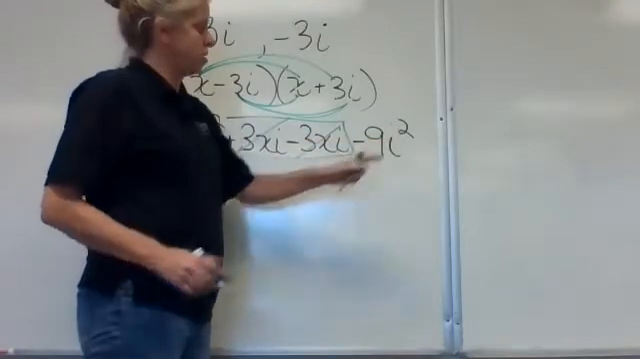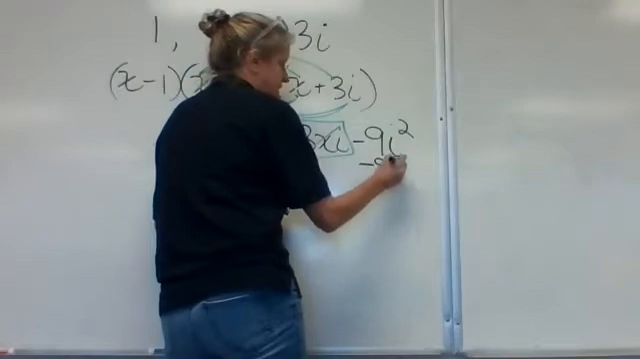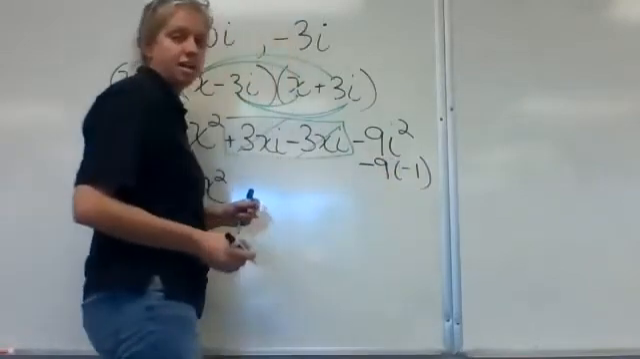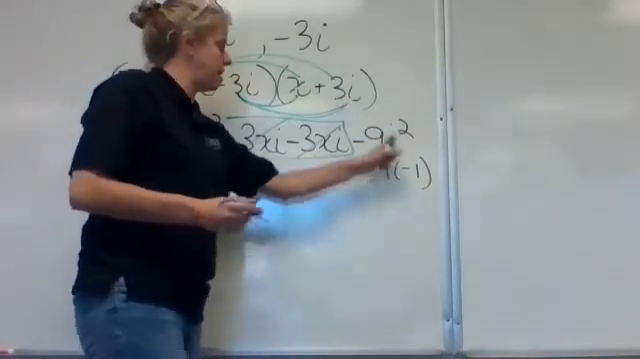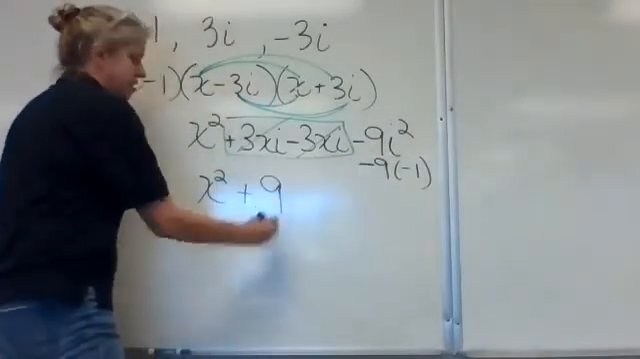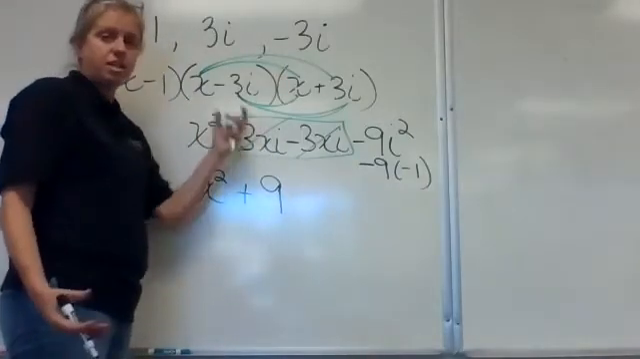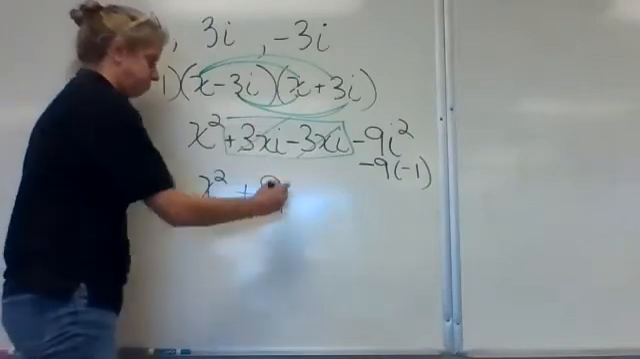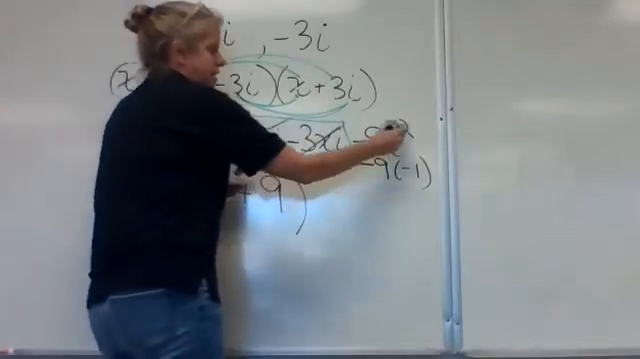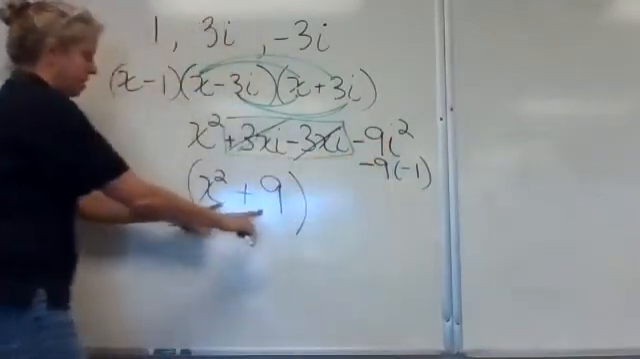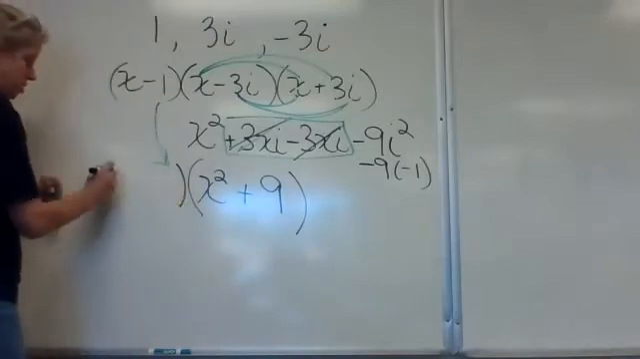Now, remember what i squared is equal to. We talked about it right before we did this problem. This really says -9 times -1, which turns this whole thing right here into a +9. So I don't even have any i's left to deal with. That's why you want to do these two first. So all I'm left with after those cancel, and that turned to +9, is x squared plus 9. Now I'll drop down my x minus 1